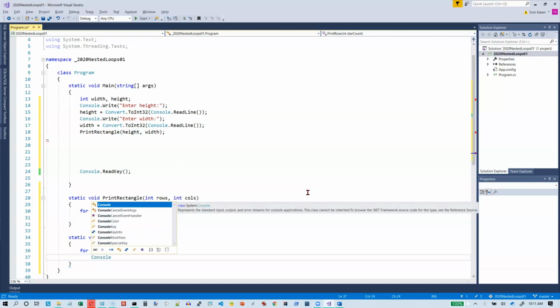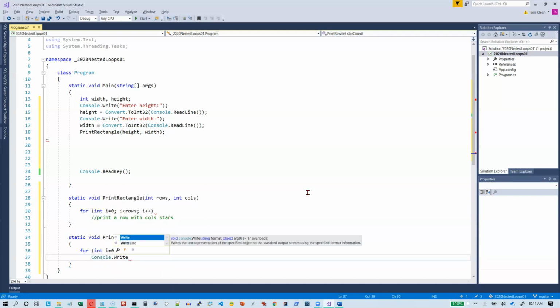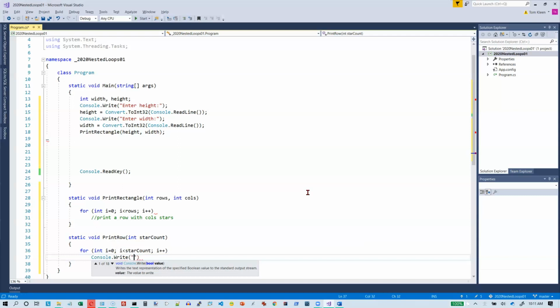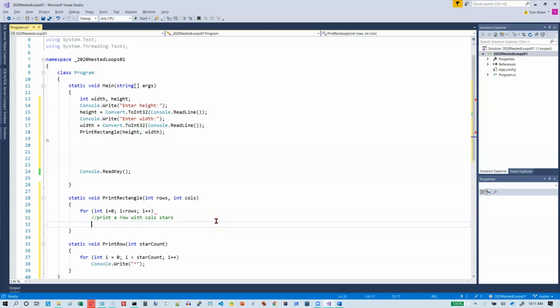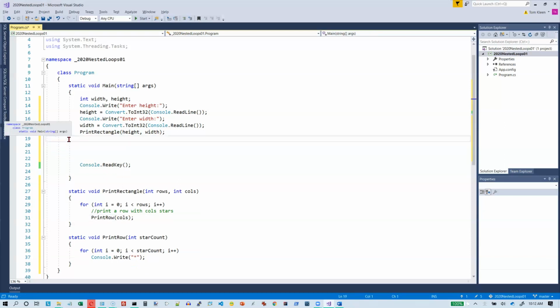No, I'm sorry, a Write. I want to stay on the same line. Okay. So, print a row with the specific number of stars. Well, I'm just going to call PrintRow, and I'm going to pass in number of columns, and that is the number of stars to do. Okay, and I think we are going to do it. Now I got an extra character I got to get rid of up here,